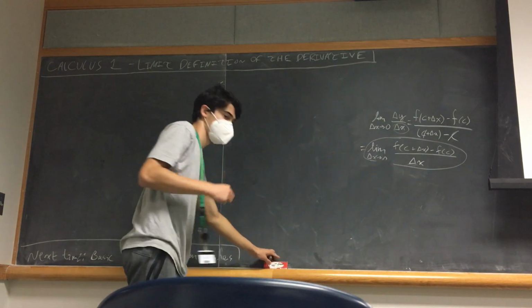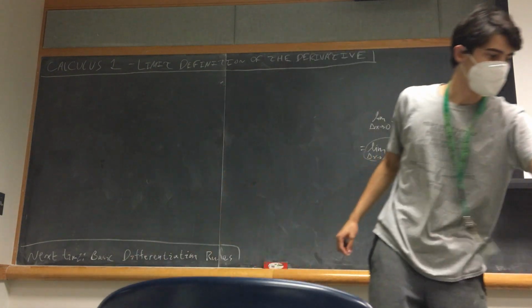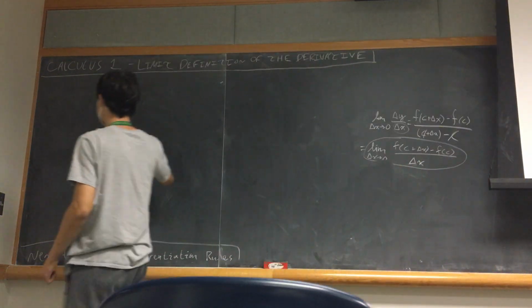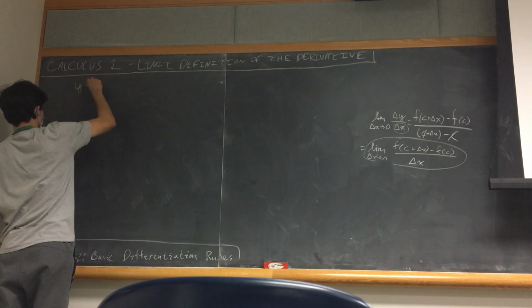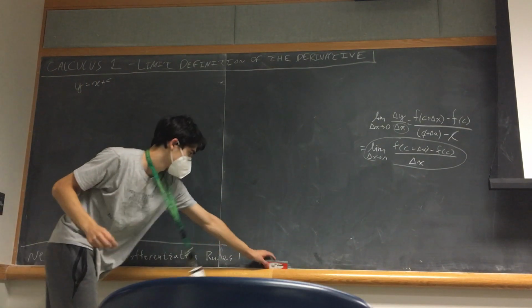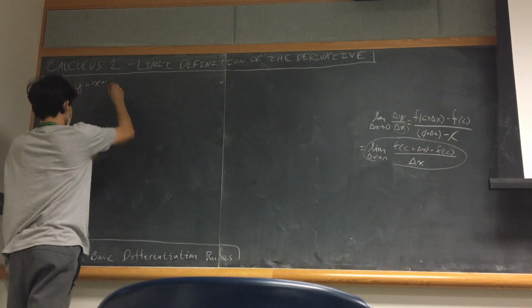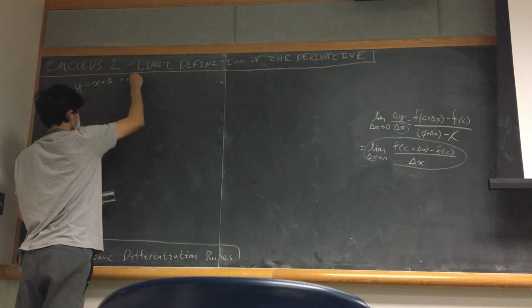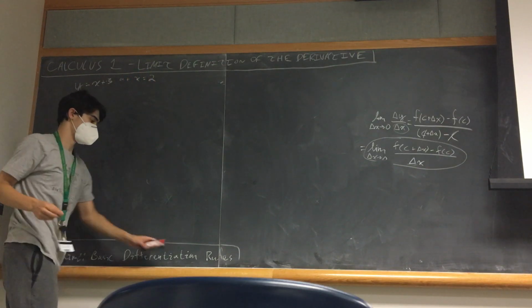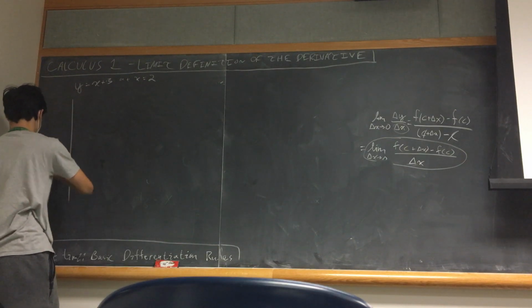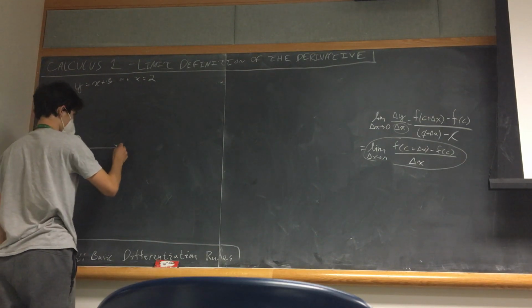So let's start by taking the slope of the graph y equals x plus 3 at x equals 2. So if we draw this graph here, here's our xy plane,